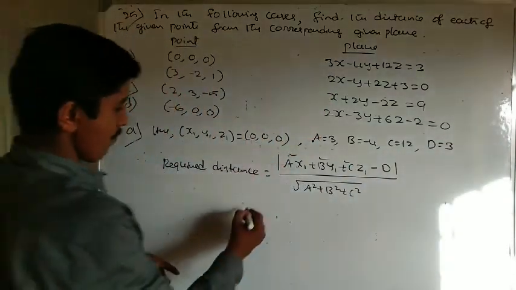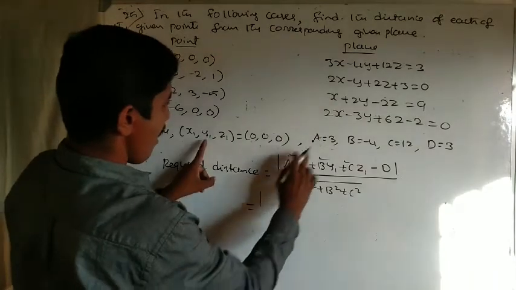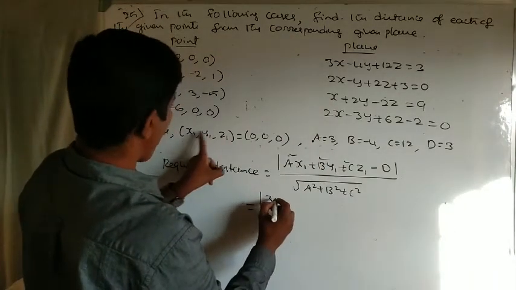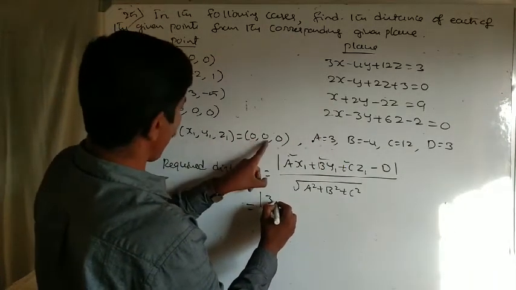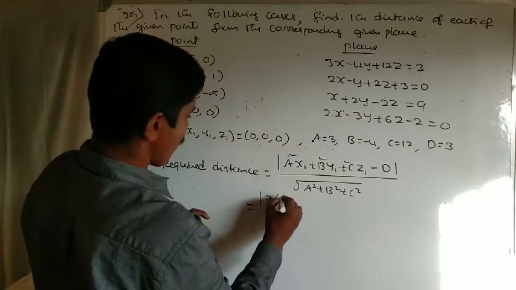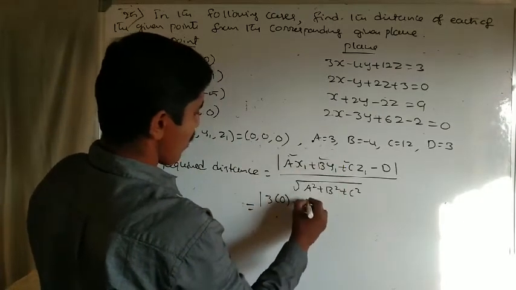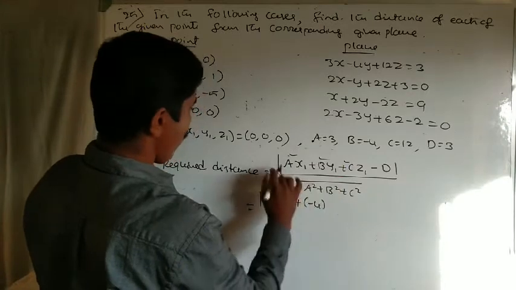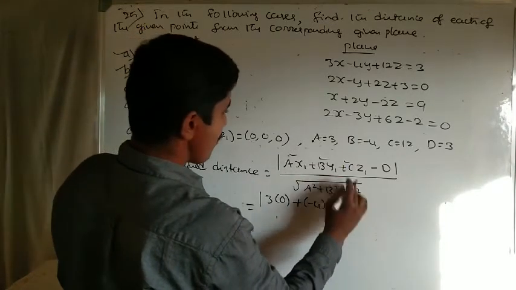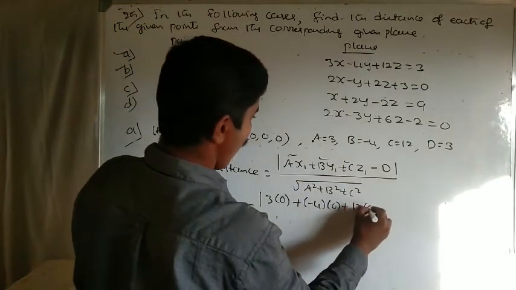Substitute the values: A is equal to 3, x1 is equal to 0, B is equal to minus 4, y1 is 0, C is equal to 12, z1 is 0,